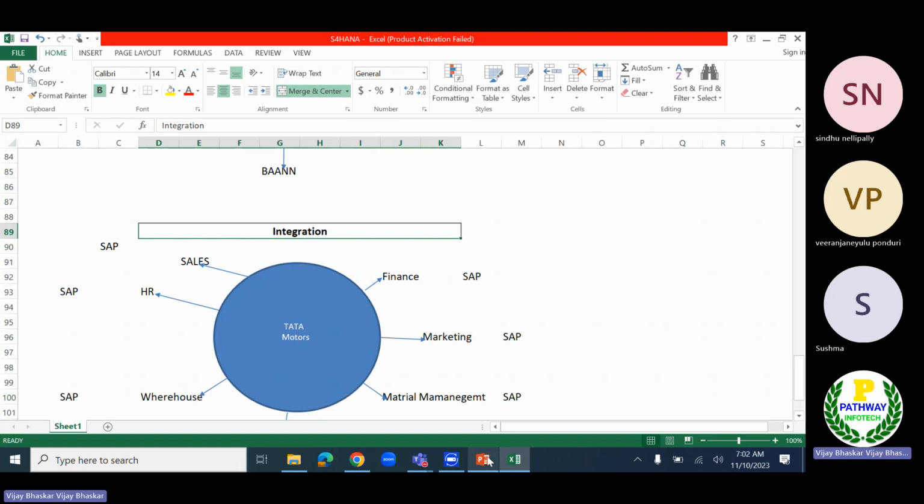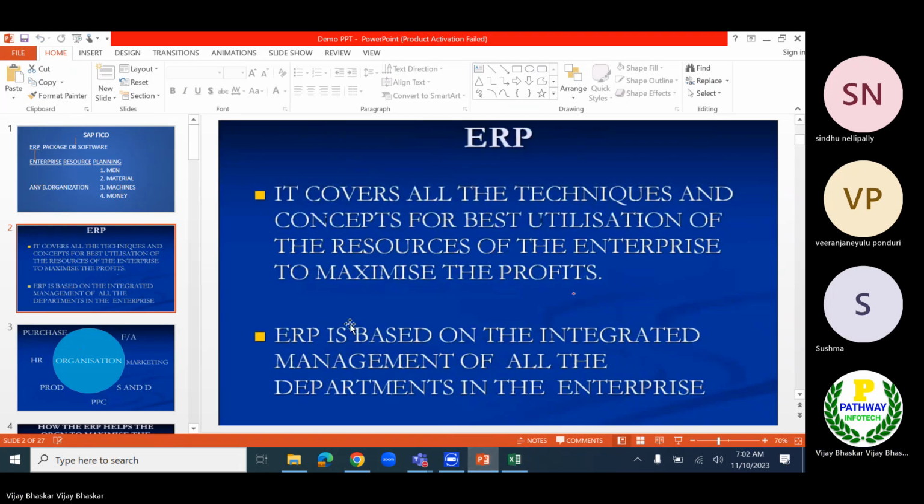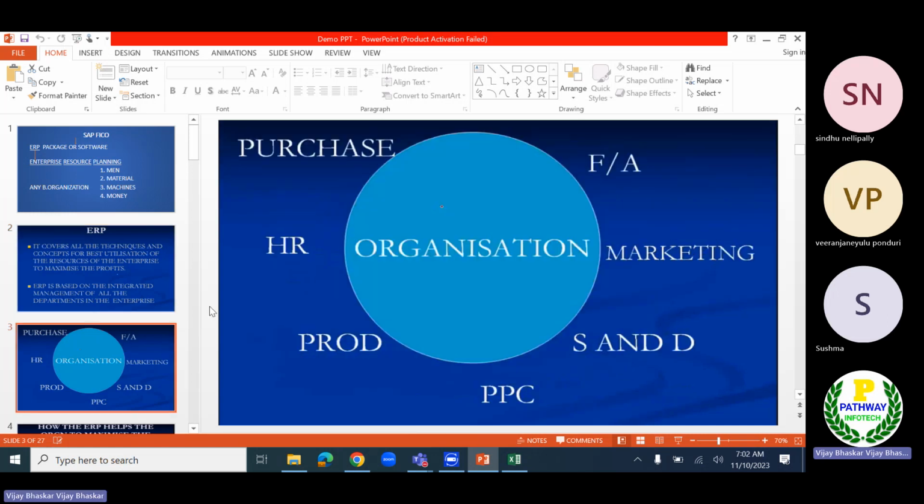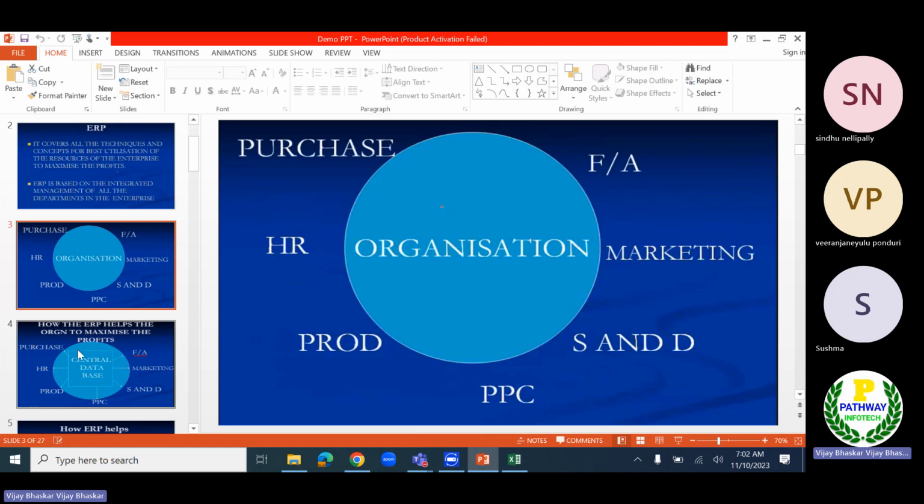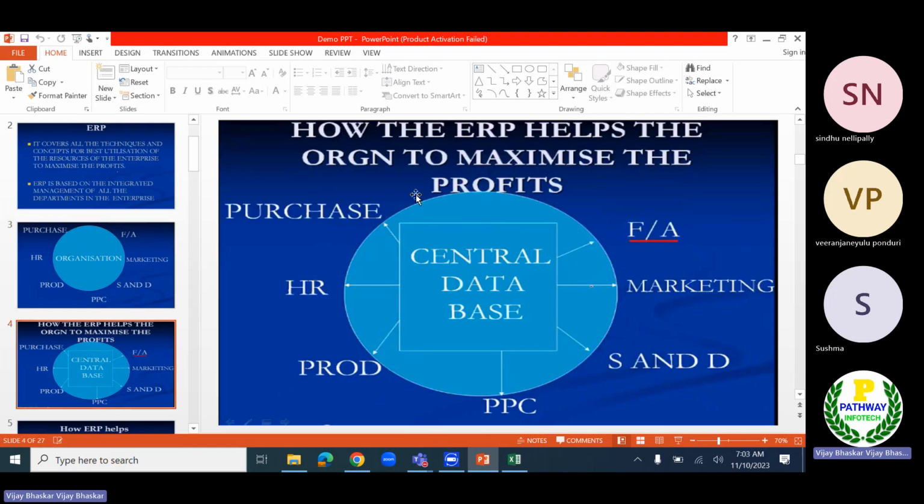Now, moving back to the PPT, we just discussed the integrated management of the departments. Now you can see here, in one business organization we have different departments. About this I have explained a while ago. You can see how the ERP helps the organizations to maximize the profits.